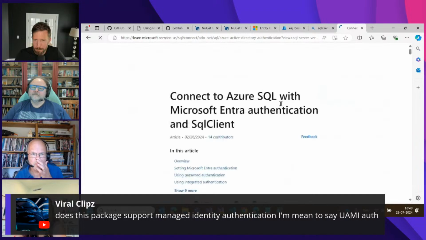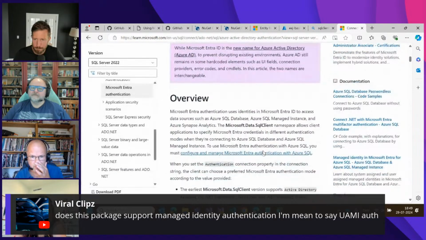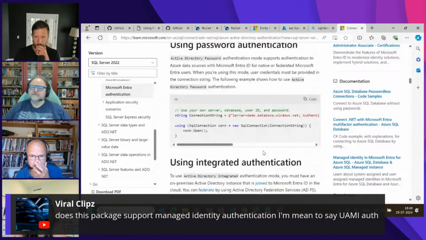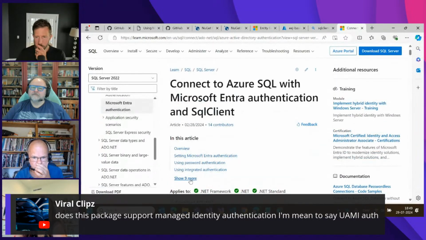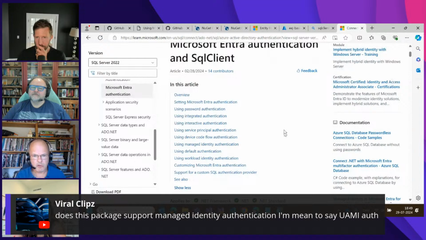I should actually have pulled up this very good page here, which explains all the various authentication methods supported by Microsoft Entra ID, with examples of how you shape your connection string for each of the authentication methods. And it certainly supports managed identity, both user assigned and system assigned.